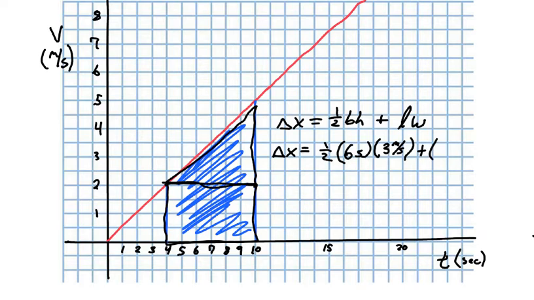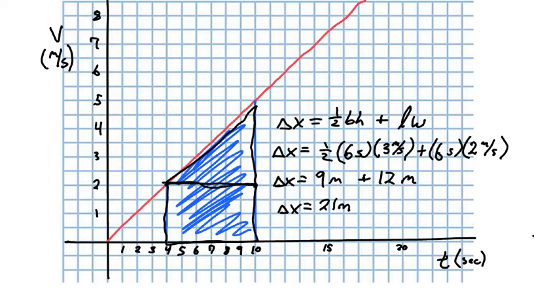Plus, for my rectangle now, the length is 6 seconds. And the width, or the height here, is 2 meters per second. And so my displacement then is going to be 1/2 times 6, which is 3, times 3 is 9. The units on that, seconds times meters divided by seconds, so just meters, plus 6 times 2 gives me 12. Seconds times meters divided by seconds gives me meters,